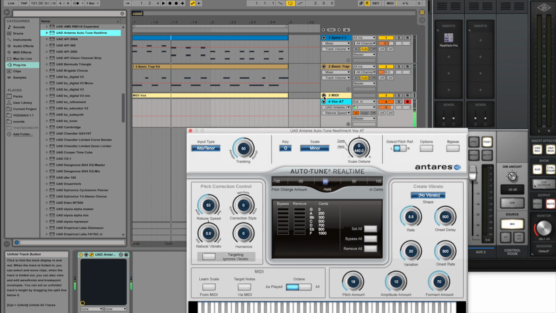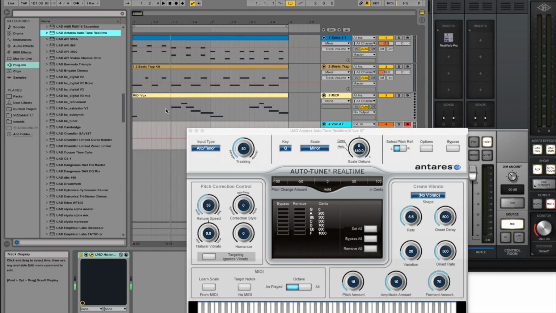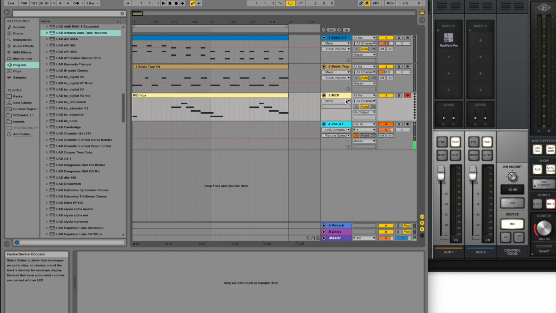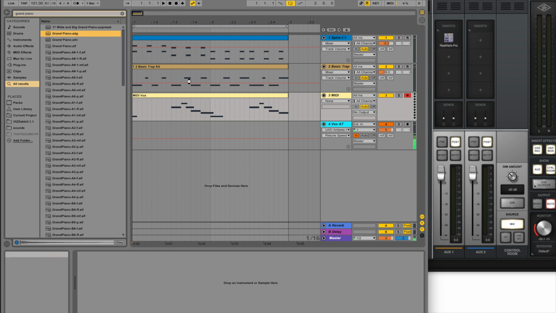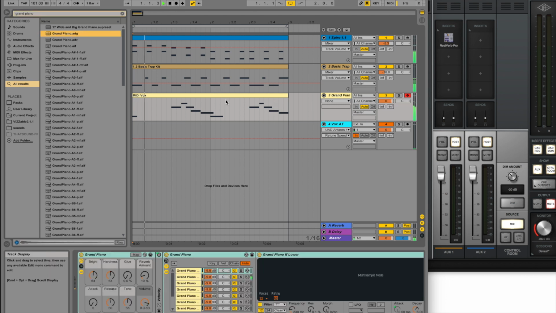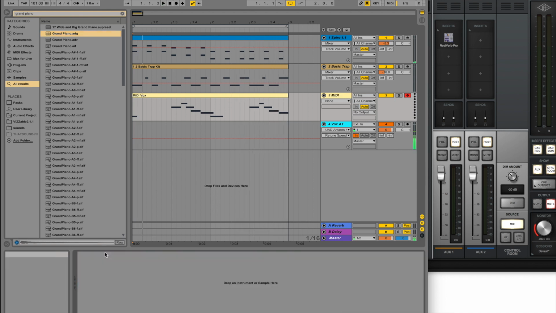So what I did is I pre-made this MIDI track over here that has the vocal melody. So I'm just going to throw a piano sound onto this really quickly so you can hear what it's supposed to sound like. And this is the vocal melody. Cool, right? So I'm going to delete the grand piano, so we just have MIDI notes that I pre-programmed in